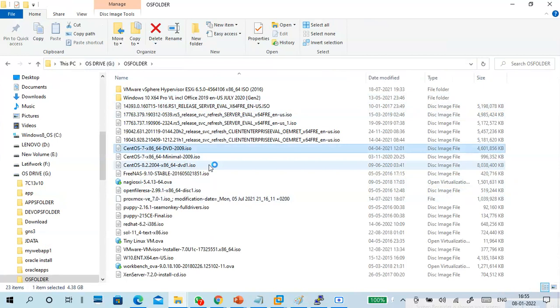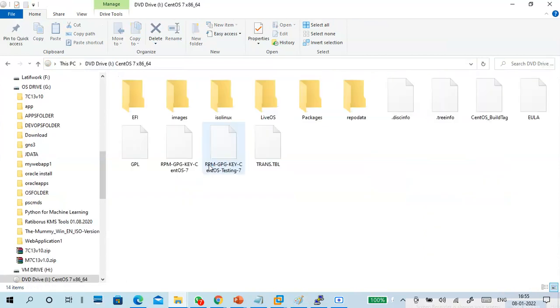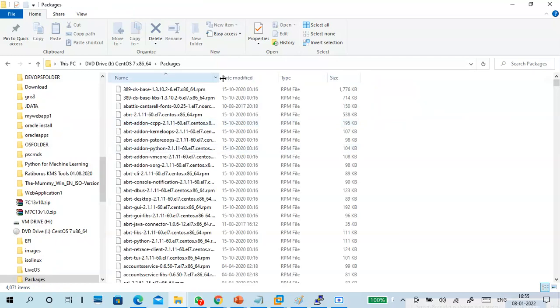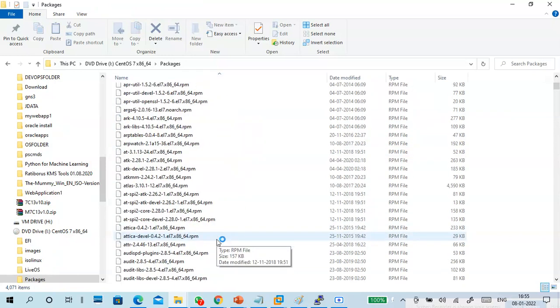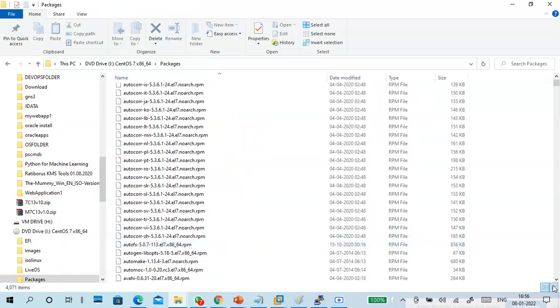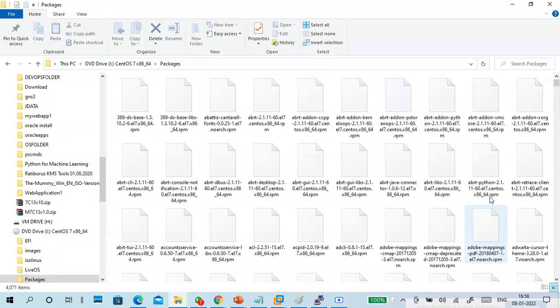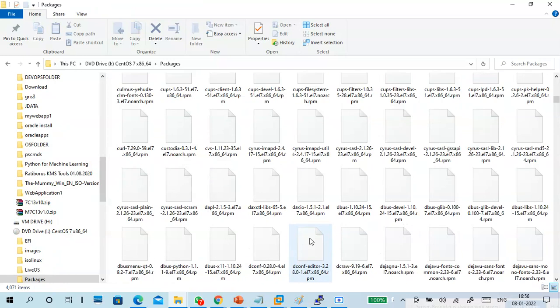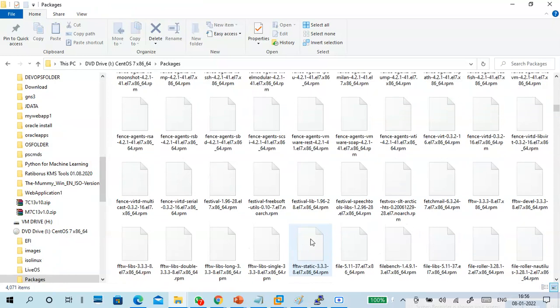Open it, and you can view it from other places. Images, live OS, packages. See, these are all RPM packages only. All these are applications, meaning RPM packages.